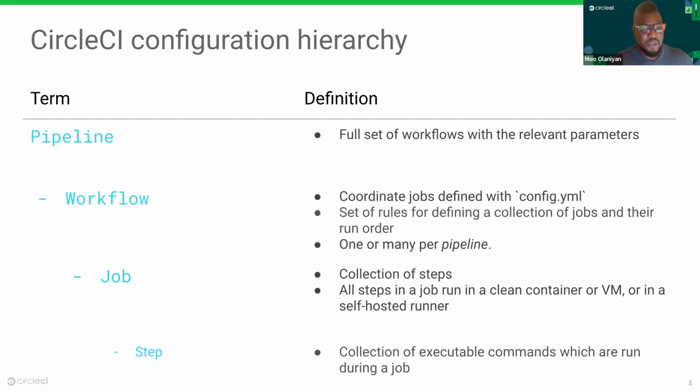So that's the job. Now, another step up, multiple jobs define a workflow, and that workflow is in charge of the sequence of those jobs. Some jobs can run in sequence while others run in parallel, and that's all based on the needs of your team. Multiple workflows that can be run based on things like triggers, parameters, timing, etc., are pipelines, which are our highest unit of work here at CircleCI.